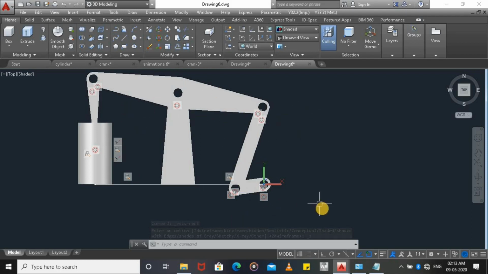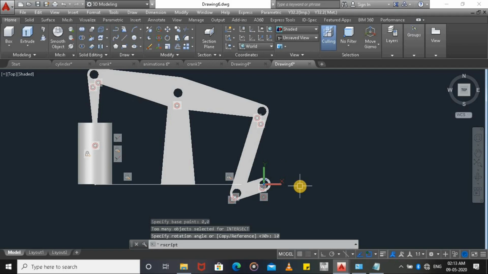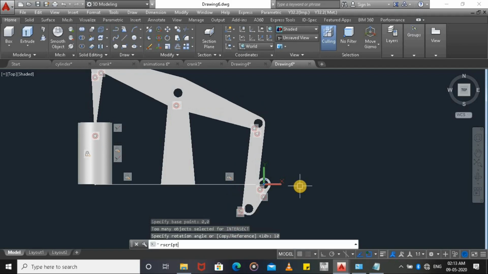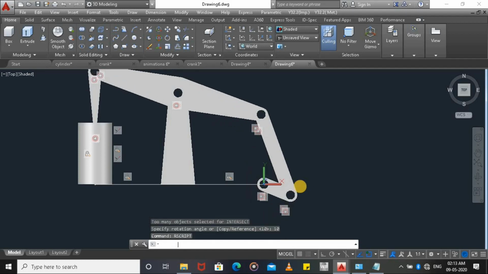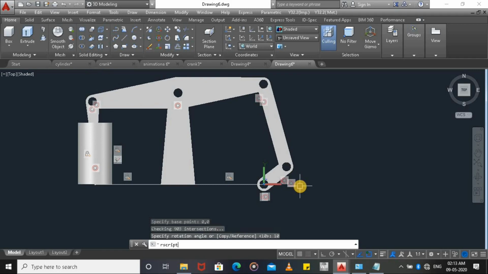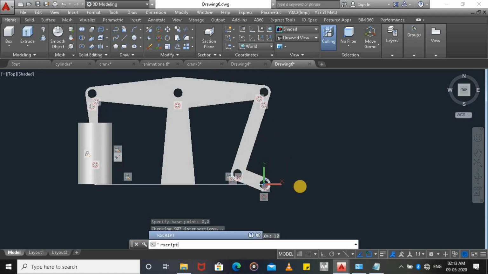Now we are using the script command by SCR, and then the 4bar chain. By manually pressing enter, it will rotate by 10 degrees, but we have to make it automatically rotating. So go to our script file.